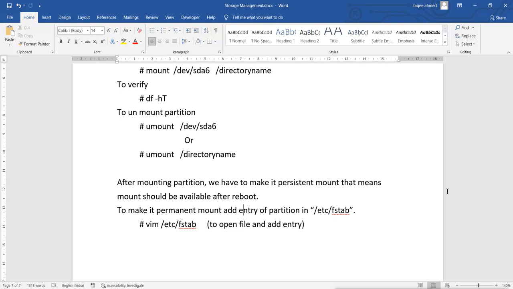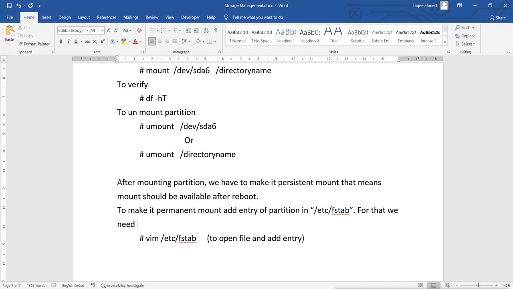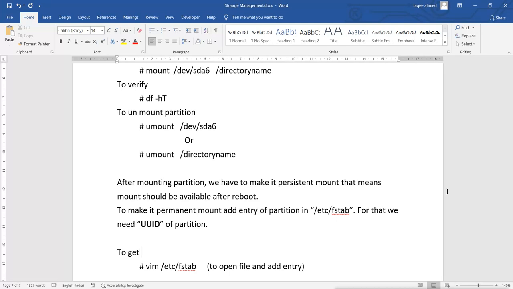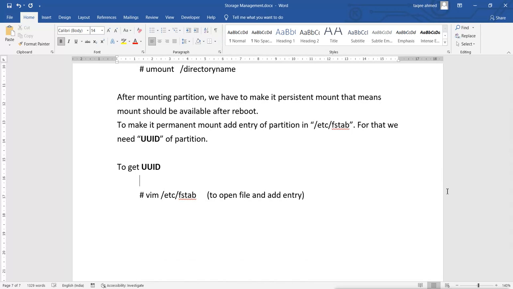So to make it permanent, mount, add an entry of the partition in fstab, and for that we need the UUID of the partition. So to get the UUID, we will run this command, blkid. This is to get the UUID,